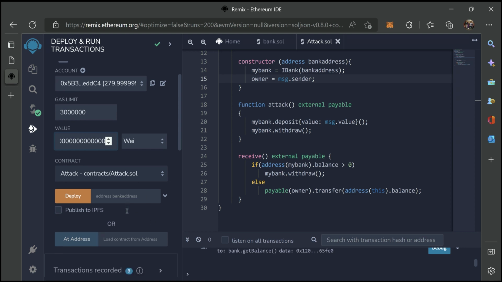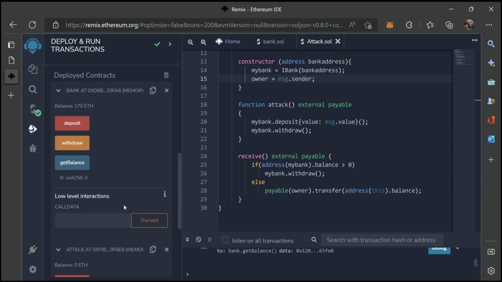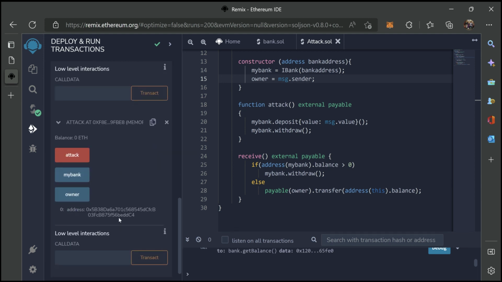Okay, so I'm going to call the attack using the 10 Ethereum over here. So I'm going to come here and say attack, and as you can see, instead of withdrawing 10, I withdrew 70 already,